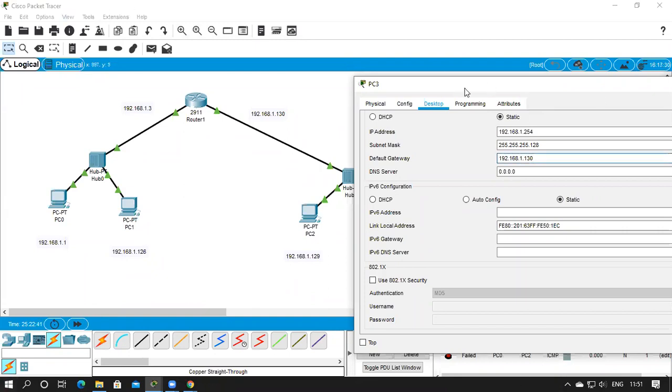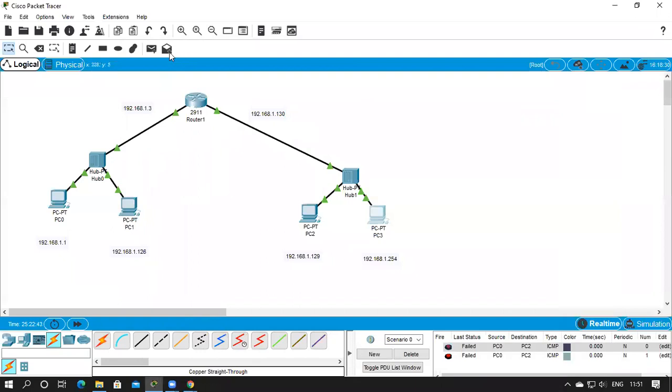Okay, now it is set. Now it should work. See, it is successful. Since we had not set the gateway, it was failing. Now it will work for all the PCs.